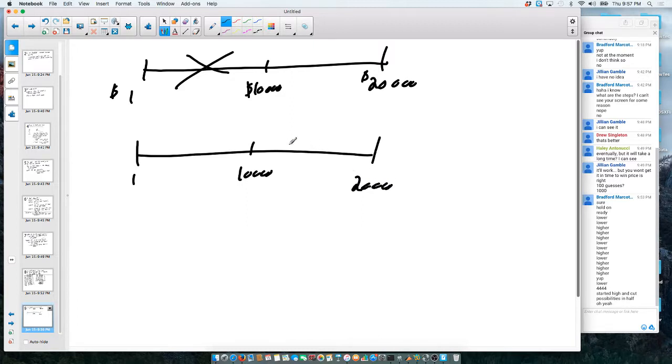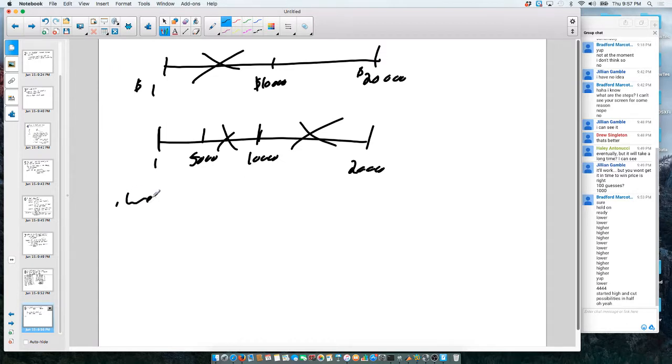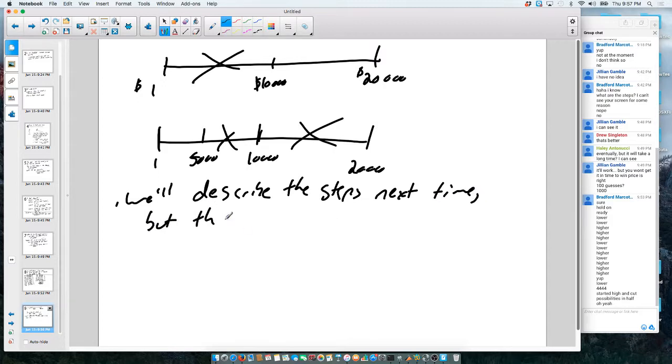which means my 10,000 was too high, and I lose those. And now I'm left with the exact same situation. I have a number line, and the thing I'm looking for is someplace in there. I pick the thing halfway through, and you're going to tell me to chop out half of it one way or the other. Okay, so we'll write this next time. We'll describe the steps next time, but this algorithm always finds the correct price